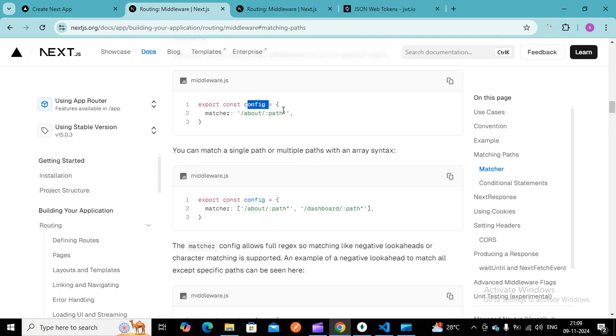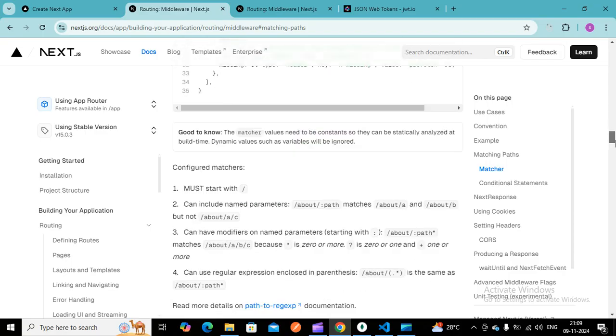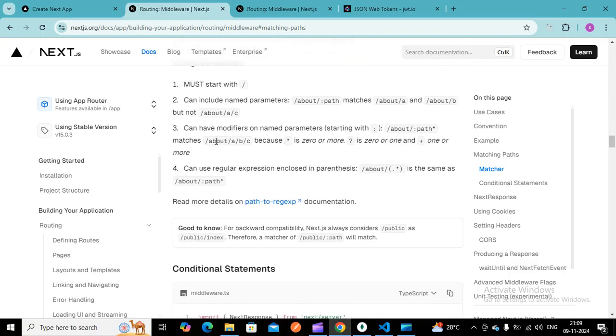Here, path star represents multiple routes. For example, if I have to go to about slash a, slash b, slash c, multiple routes, then I have to mention slash path star.